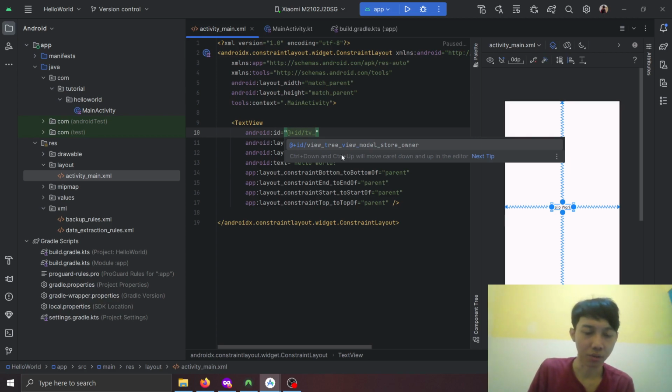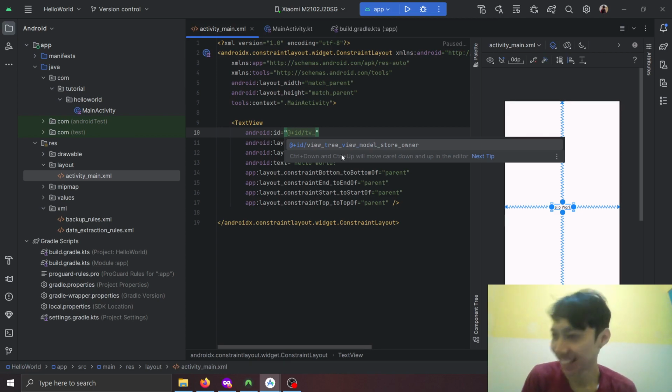And basically, if you're going to be dealing with a view and you want to make an identifier for it, it's best that you start with the abbreviation for the view, so that in case you want to go back to your project like 1 week later, you don't have to be checking every single one of it to make sure that it's the right one. You can just see it in the TV. Oh, it's a text view. Okay, back to our explanation. TV underscore